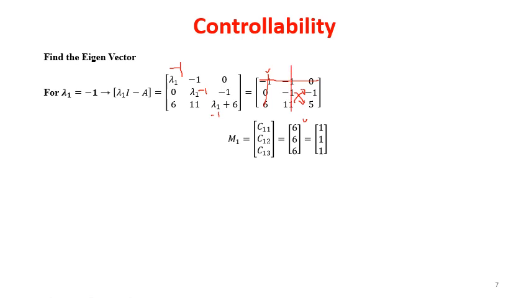So this column and this row we are going to eliminate. Then 0 into 5 we are going to multiply, that is 0, and minus of minus 6 into 1. So it will be again plus 6. So you will be getting this value. Then we are going to eliminate this column and this row. So this one will be multiplied, 0 multiplied by 11, it will be 0, minus of minus 6 into minus 1, that will be plus 6.